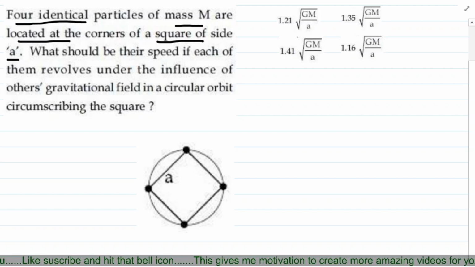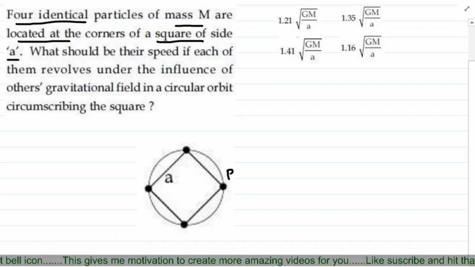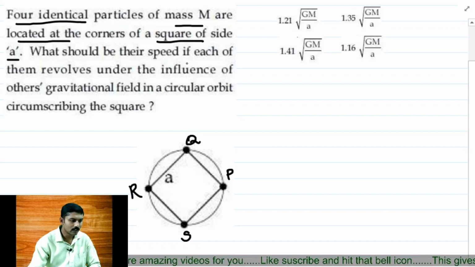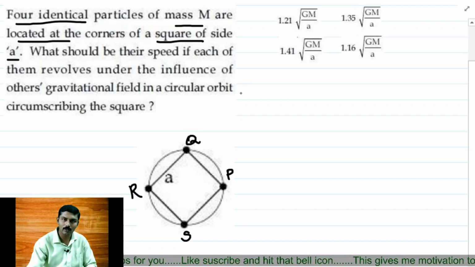Let's look at the figure. There are four masses here, 1, 2, 3 and 4. Let's mark these particular points as P, Q, R and S to understand the question. What should be the speeds if each of them revolves under the influence of the others' gravitational field in a circular orbit